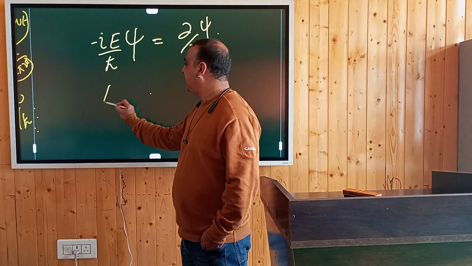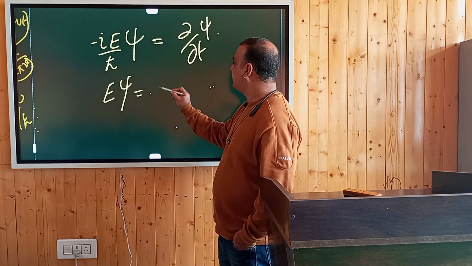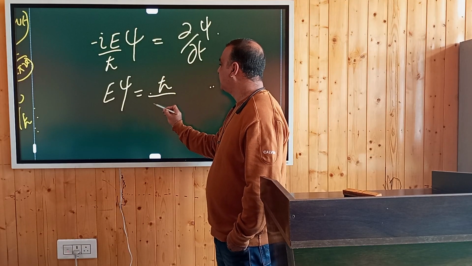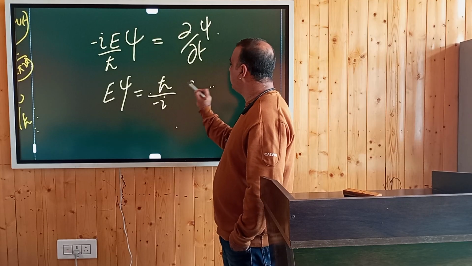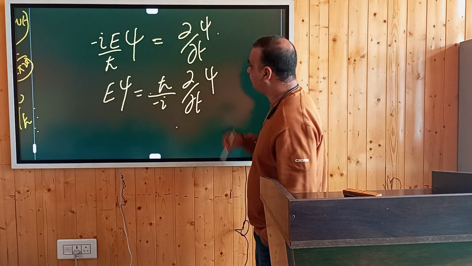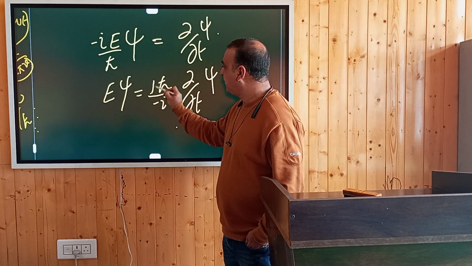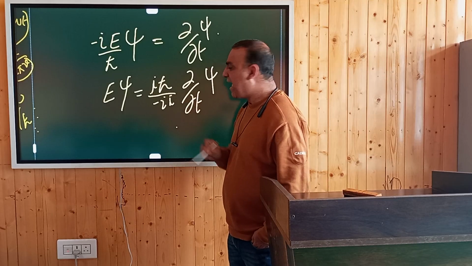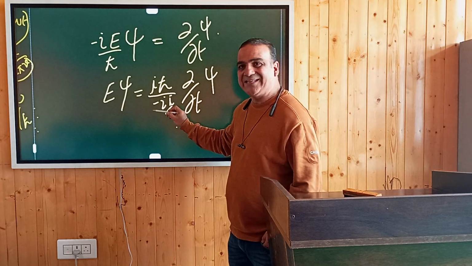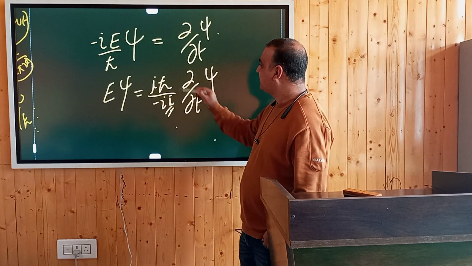So this E psi will give you what? This h cross will go up, this iota will come down, so this is minus iota, and you will be left with dou by dou t of psi, right? And you can multiply by iota, so this will become iota. Here you will have iota square. Iota square will give you minus 1. That minus 1 will cancel with this minus, so you will be left with E psi equals